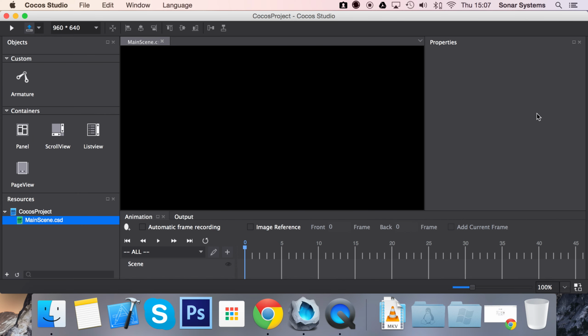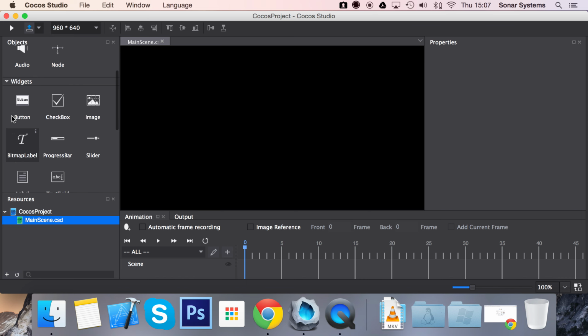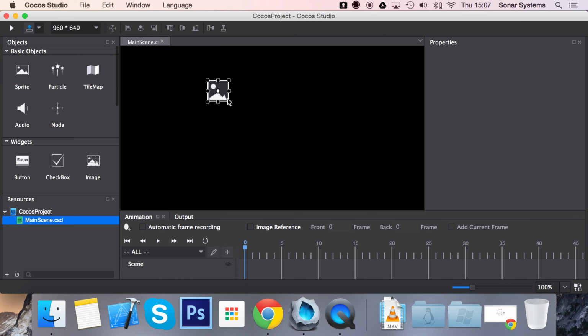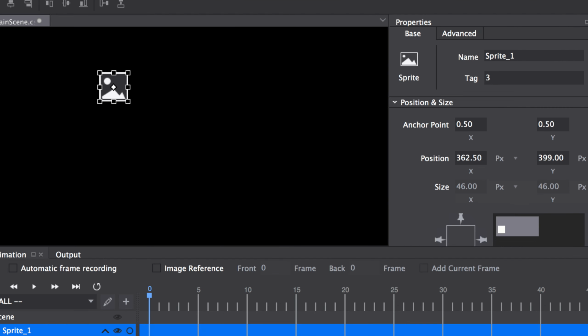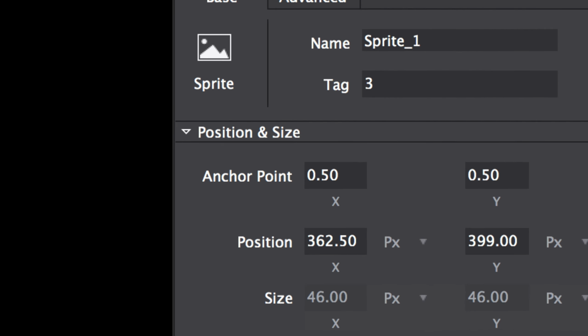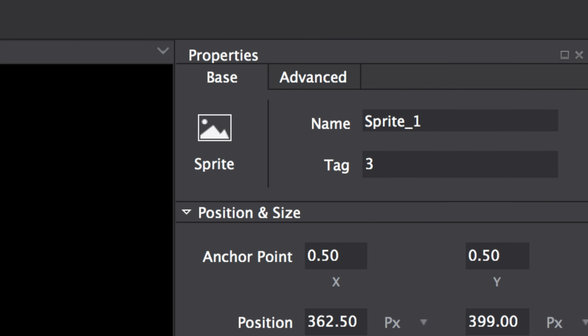On the right you have your properties. There's nothing added, so let's just add a sprite, make sure it's selected, and then you can see all the properties that your sprite has, or your object, whatever you've selected. You have just a little thumbnail icon of the object, the name, tag. This is what you can get in code, like get name, get tag. Below that